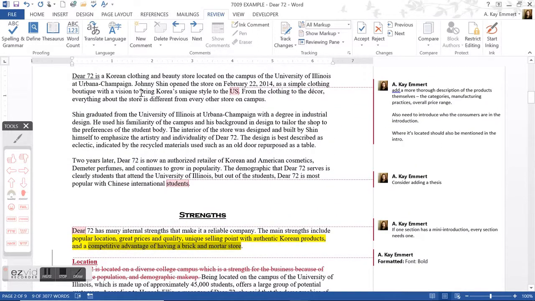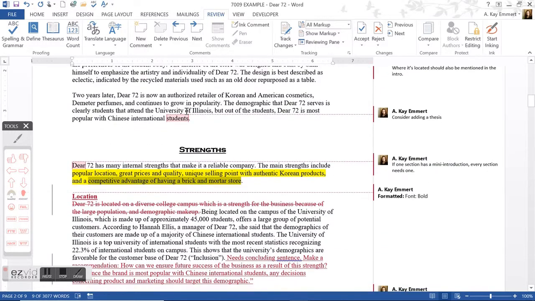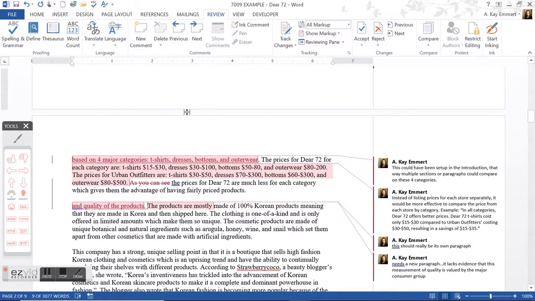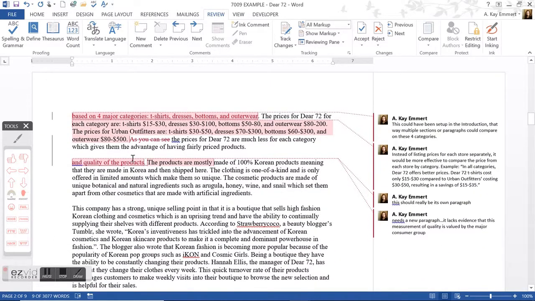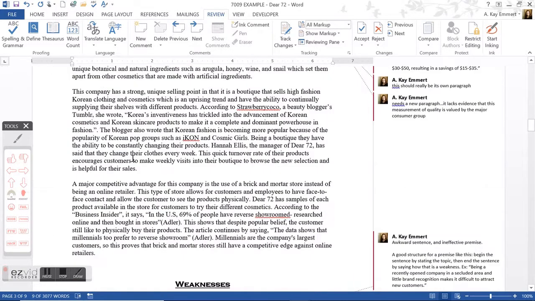So other topics from other sections include lack of brand recognition. So for the intro, the weaknesses section claims that there's a lack of brand recognition. In the intro, I would simply say, maybe describe what the logo is, describe how they advertise. That's it. And then other topics include